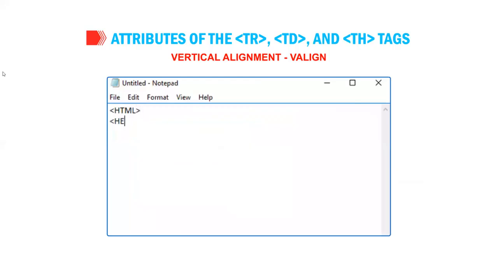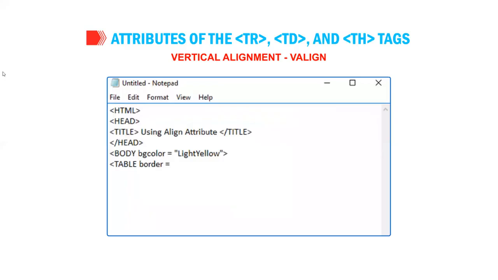<html><head><title>Using align attribute</title></head> <body bgcolor="lightyellow"> <table border="5" bordercolor="red"> <tr height="50" align="center">